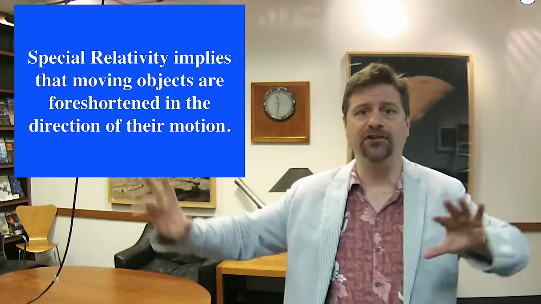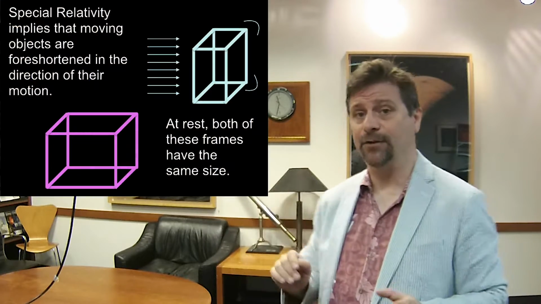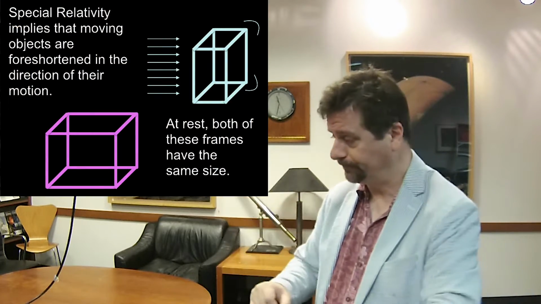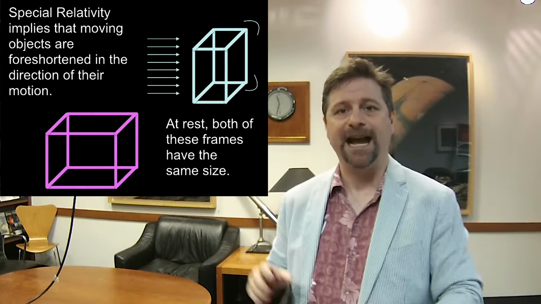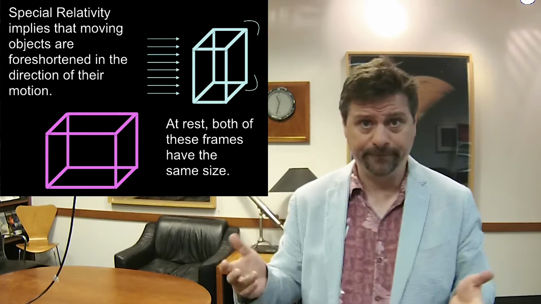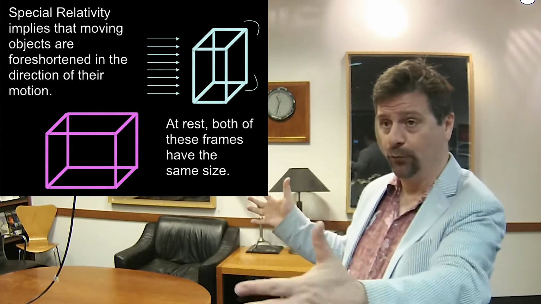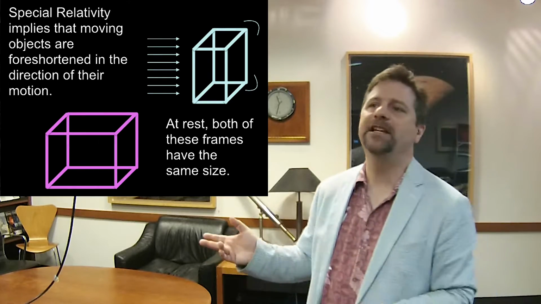So let's go back to our original idea that we've got a room full of clocks, and it's rushing by us. And so I've set everything up. I jump outside. I watch the room rushing by. I see that actually the room must compress. In fact, it does compress as it moves by. The room is shorter in the direction of motion. Well, why is that? I mean, that's kind of weird.